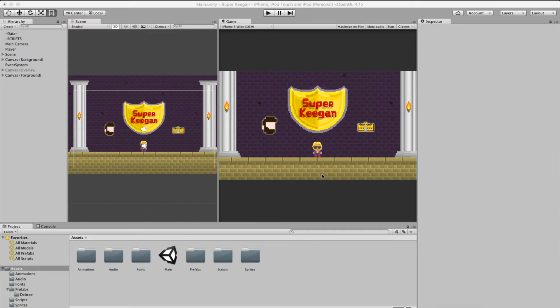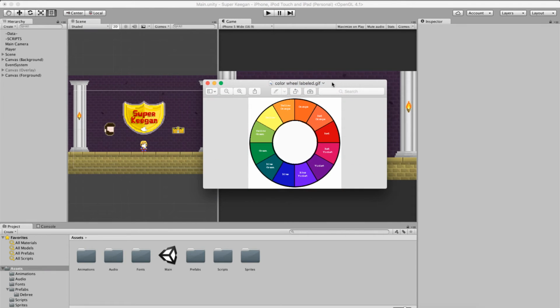That was a lame joke. Sorry about that. Went to google.com and I looked up the color palette,